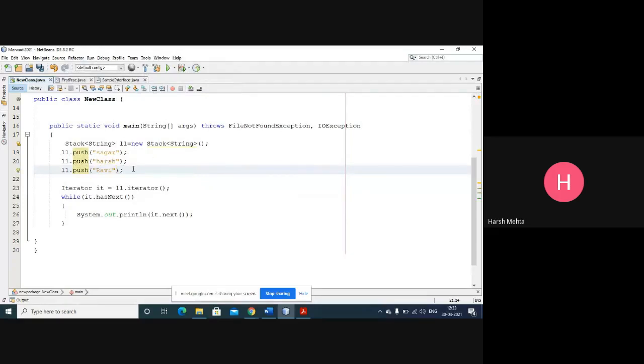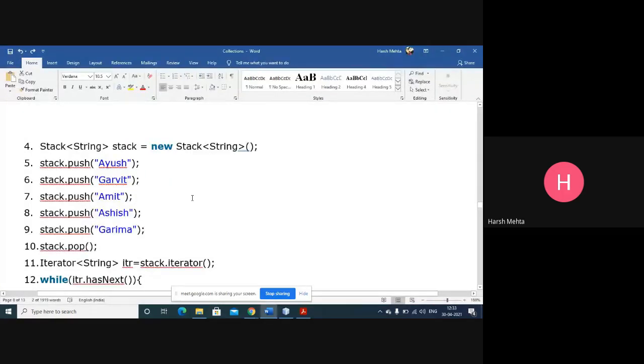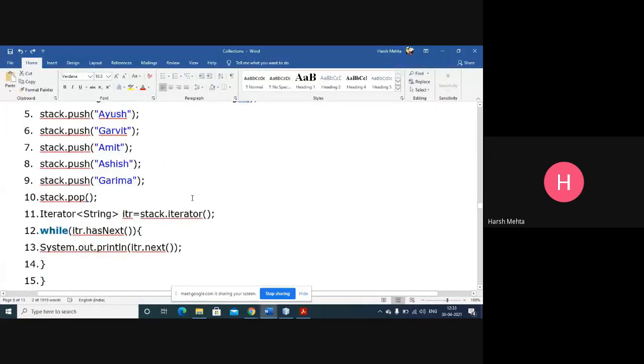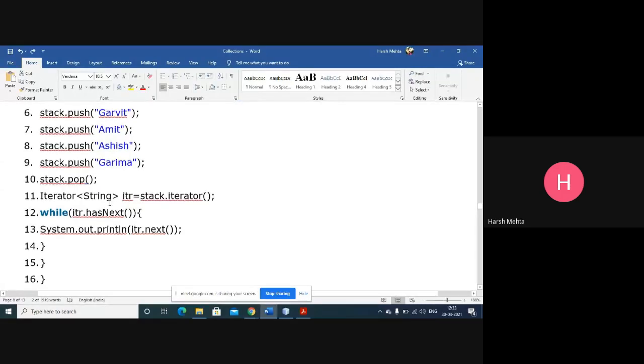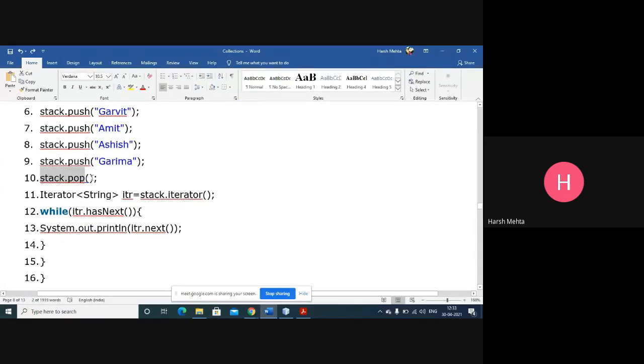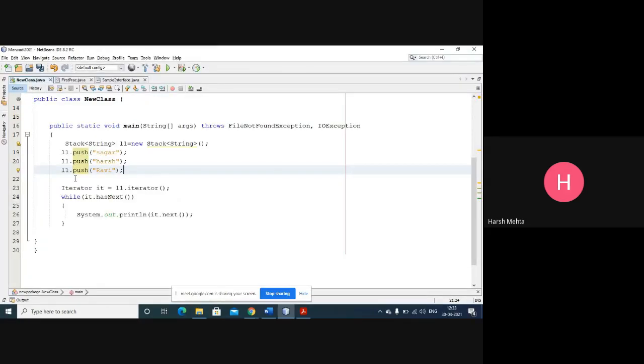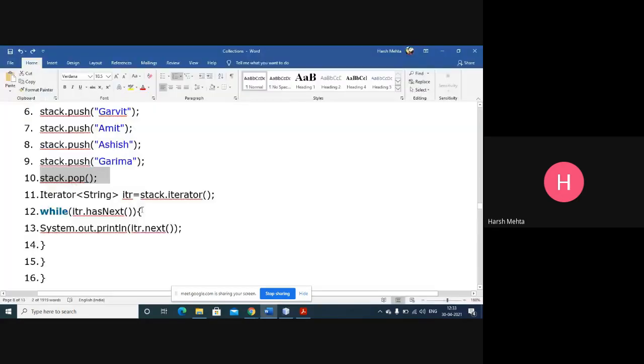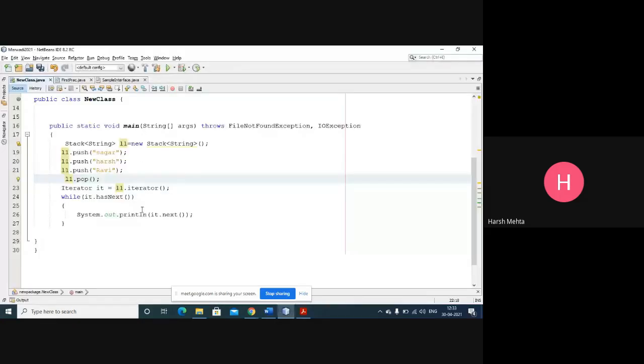Okay. Once we put something in push, which one is the last item? Ravi, right? Ravi is the last item. And after that, what will we do? We'll do pop it. L1.pop. Okay. And then iterator.